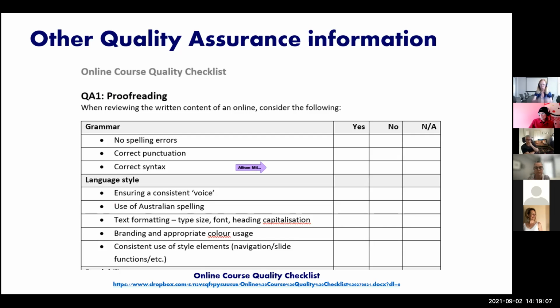So when you're looking at something or you're asking a colleague or somebody who's dear to you to give you some feedback about your course, some of this, as Michael was saying before, ideally you would have got the grammar and the language style already out of the way before you go into the build, but sometimes you're in the build and this is where you're going to get the feedback. You might not have been able to get it in there. So just let me know if you can't get access to the document at this stage. Has anybody got any issues clicking on that link?